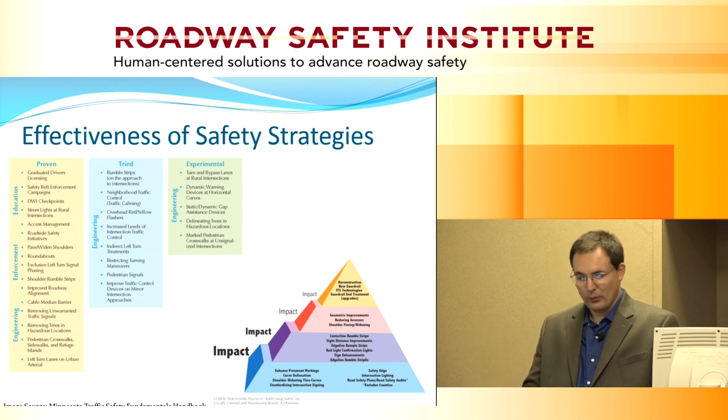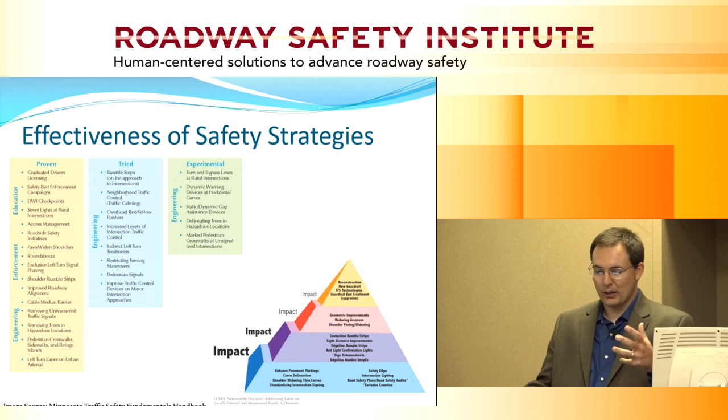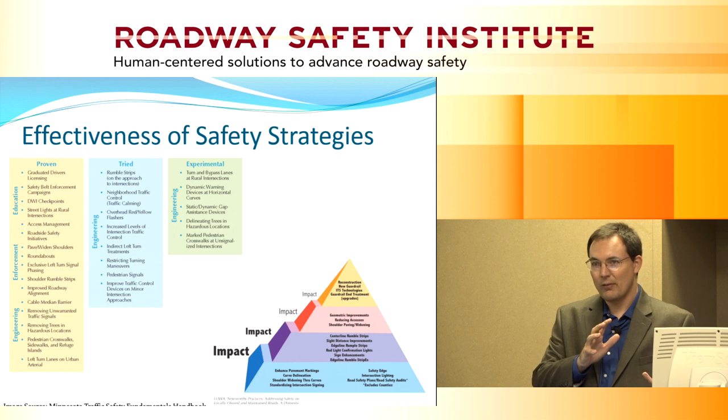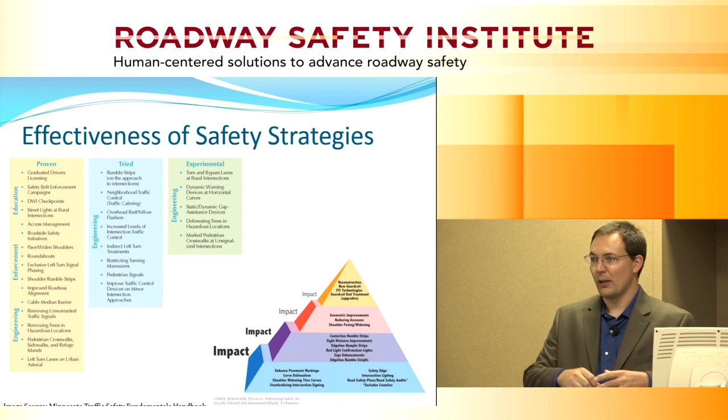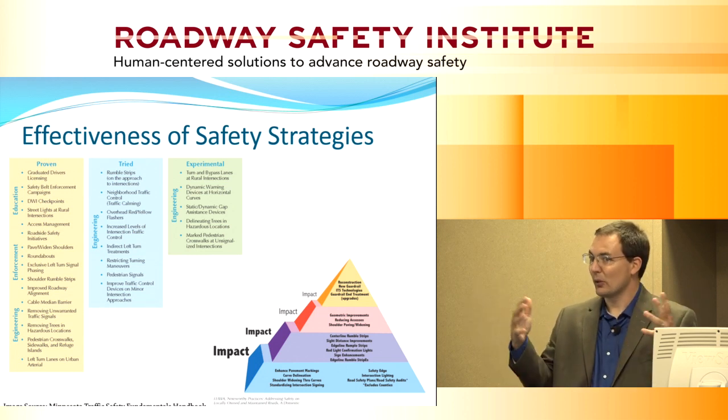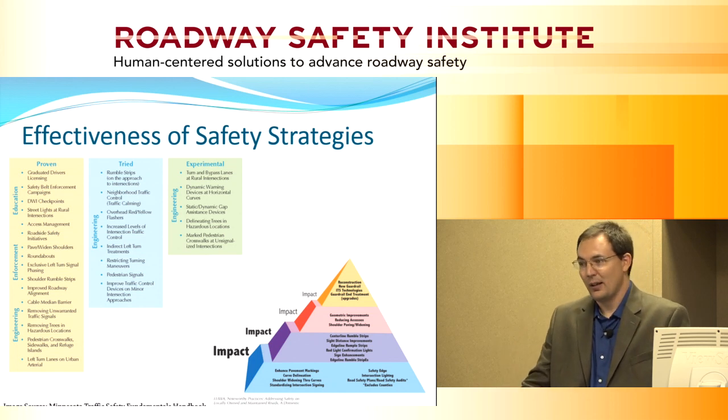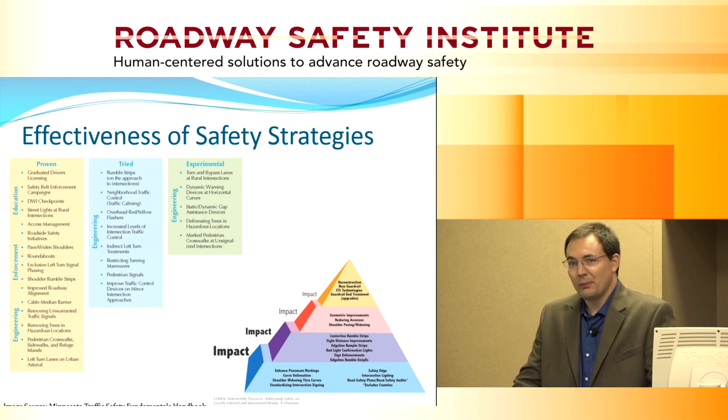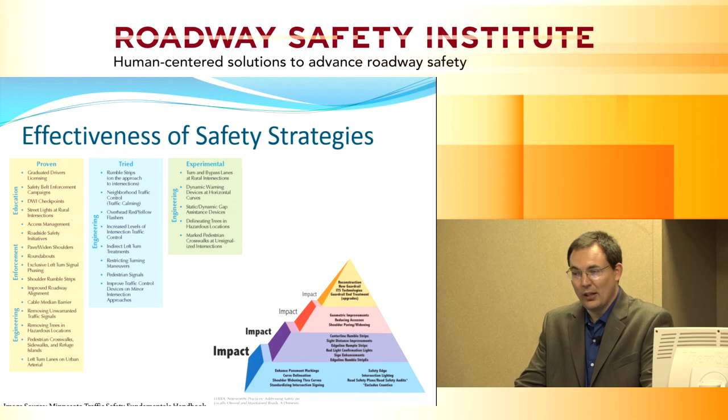And so what we try to do in the safety plan is go towards proven safety countermeasures that were low cost and that we could widely deploy because they're low cost over the at-risk system. Chevron signs are proven at reducing run-off-the-road crashes, and it cost in our project, because we used our own sign forces, about $1,000 to $2,000 per intersection to install Chevron signs. The cost-benefit ratio is huge.